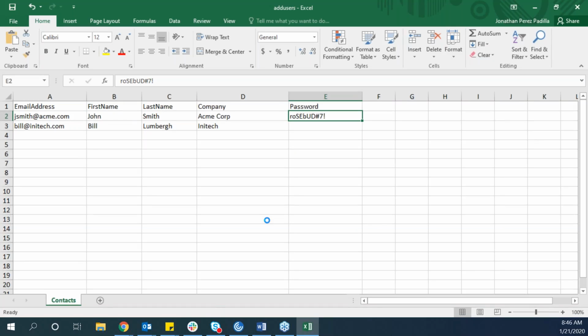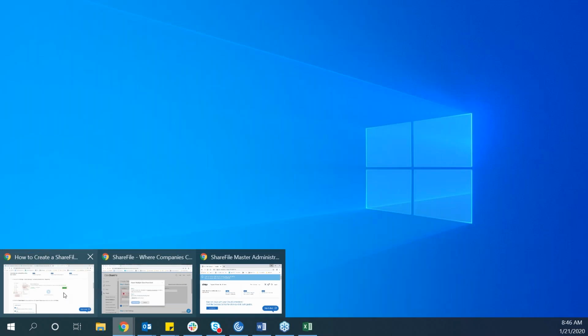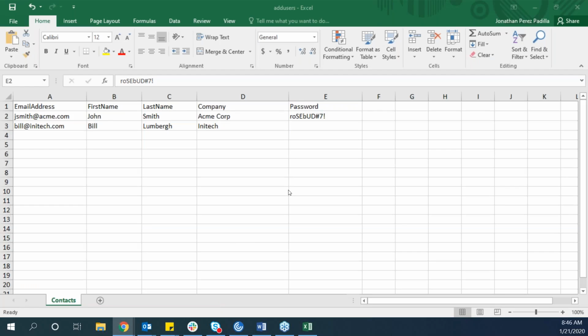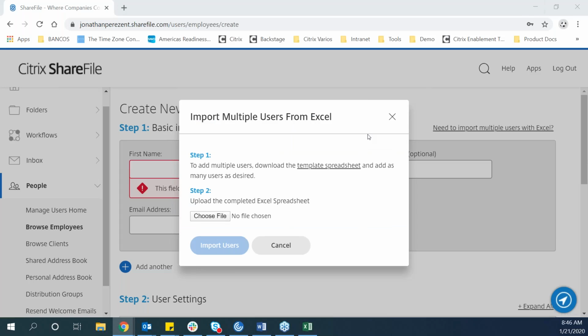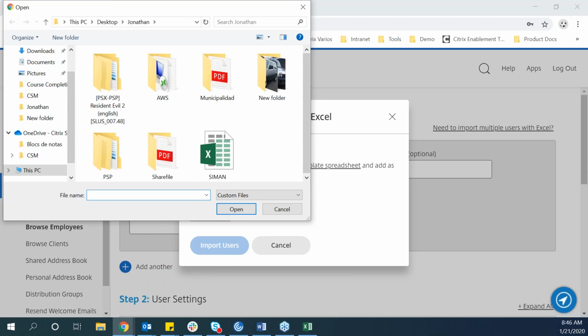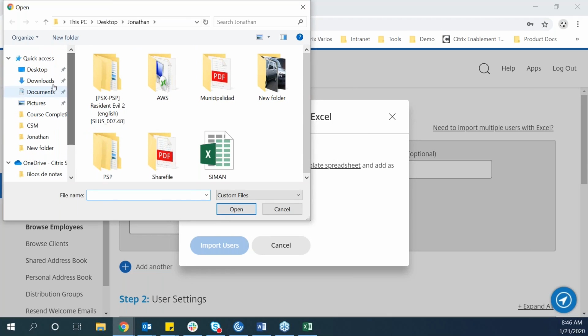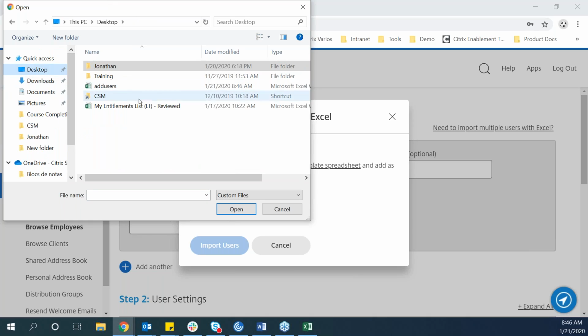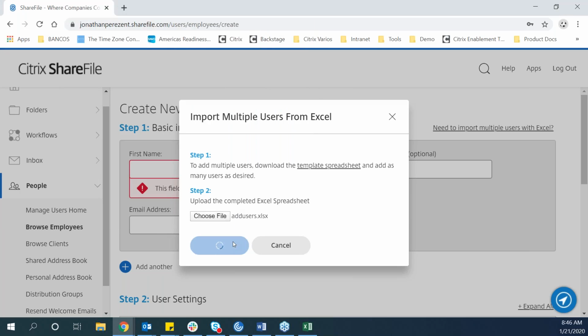Okay, so once you have that file, you just need to come back here to the console and then just upload that file here to the system. So let's go back here on the desktop. Just look for that users list. Just click on open, import that users,